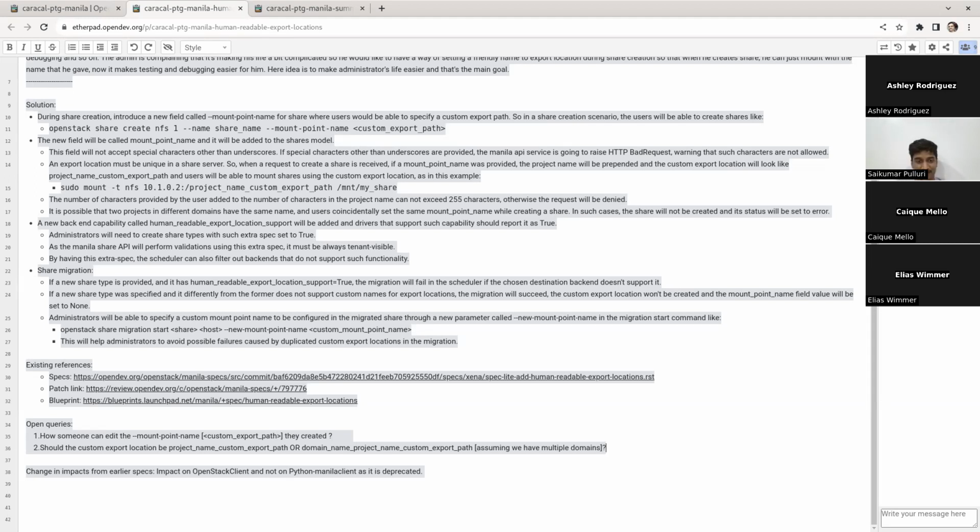The first one, anyway, we are not going to do it. That's what I understood. This first one will also create a problem, right? If we have already mounted volumes. Oh, you mean the edit, not in the queries, the first one. Yes. How can someone edit the mount point name once they've created it? Yeah. Since you're going to create other problems such as disruptive changes, and there's no good way to communicate that,